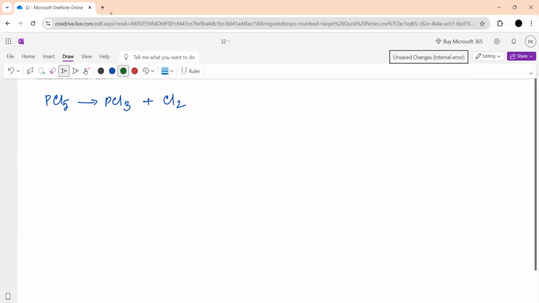The oxidation number for phosphorus here was +5, for chlorine was -1. Here for phosphorus it was +3, chlorine was -1, and here chlorine was 0. So phosphorus went to +3 from +5, so it reduced. So this is reduction,